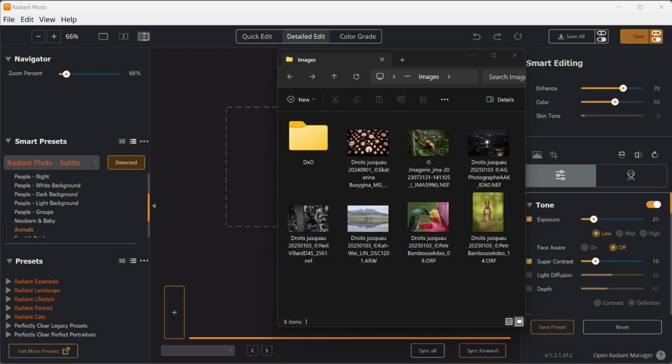And welcome to this tutorial. I'm Don from DxO, and today I want to share with you some workflow ideas for using PureRAW alongside nearly